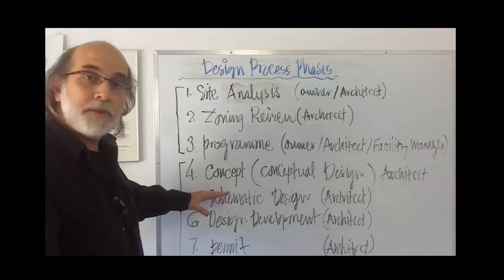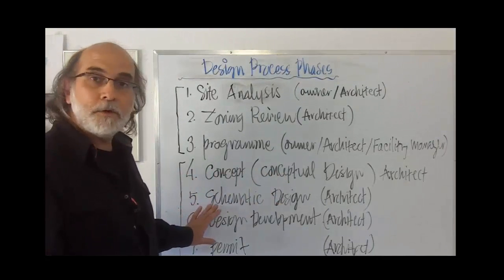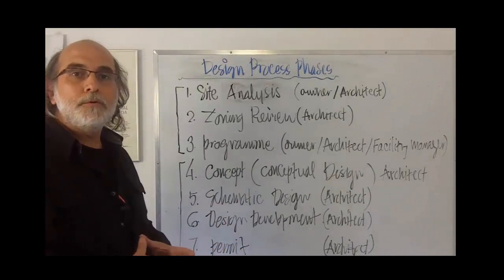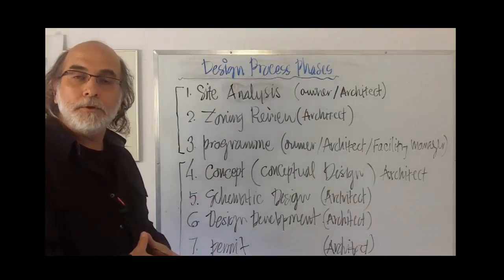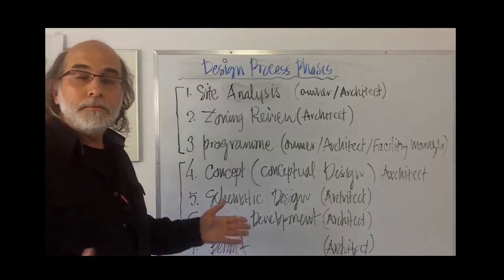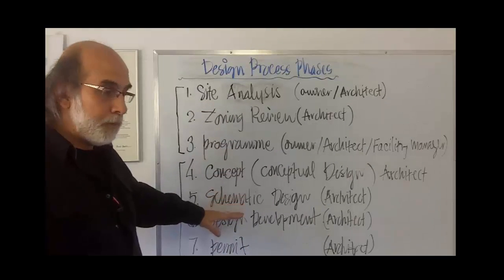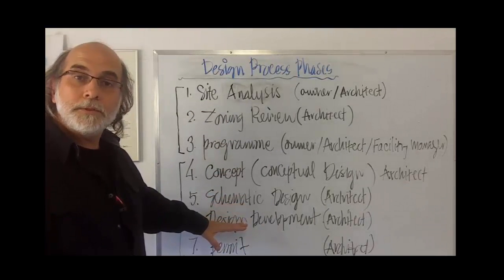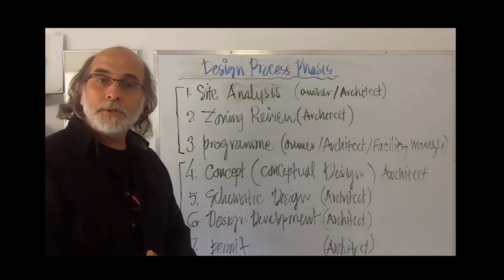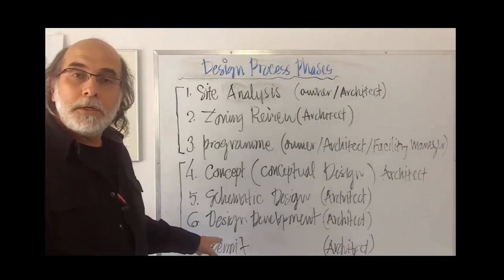Then, once the owner has been satisfied at this stage, we move to the design development, where code issues and things that have to do with the local building code would be fulfilled completely, and also the zoning requirements that we extracted from the earlier stage will be specifically implemented and noted. The last stage would be the permit, which is actually a group of requirements, among which is the